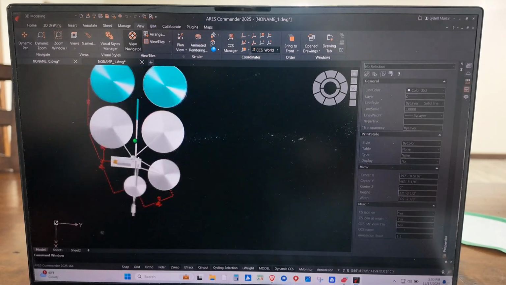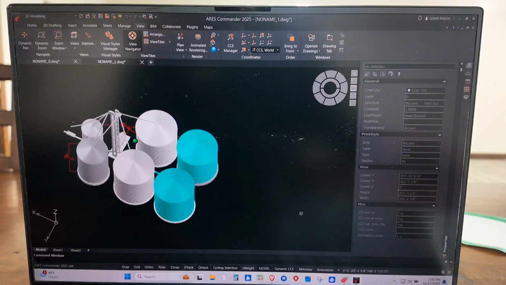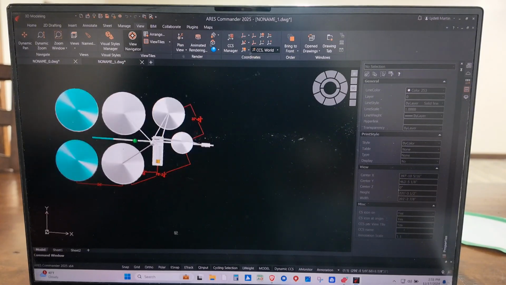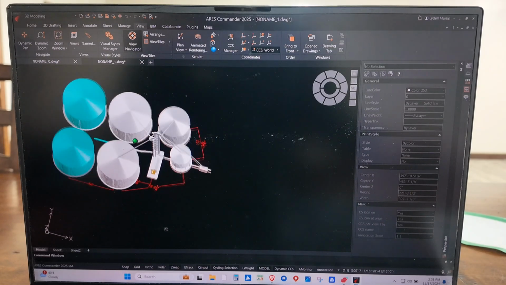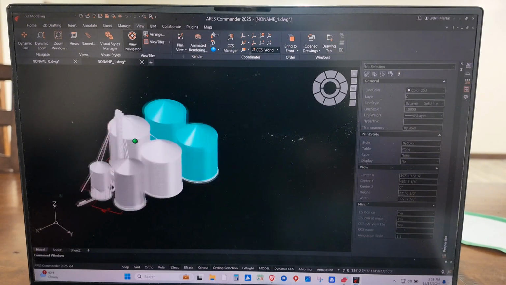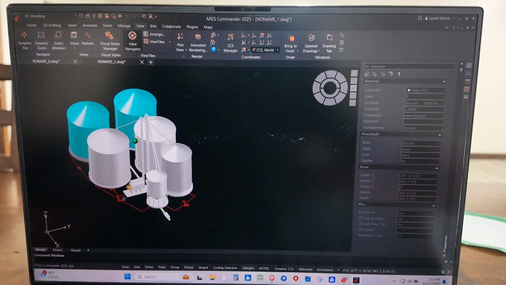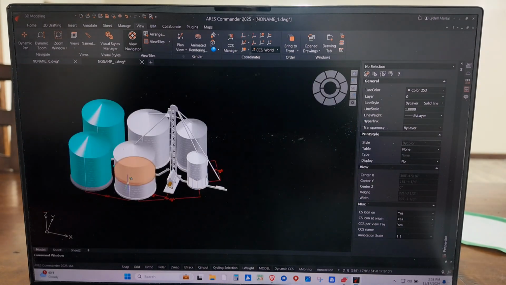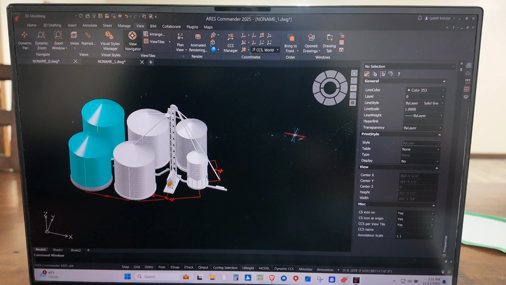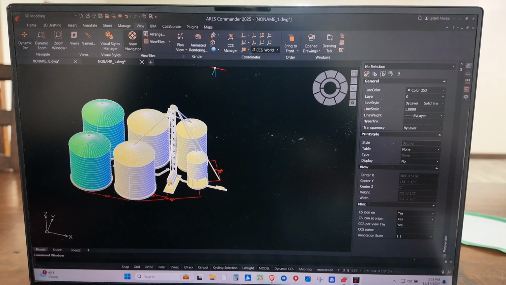If you have your customer download the Ars Commander app on their tablet or the DWG Fast View on their phone, they can look at this system on their tablet or phone. Now, one thing you want to do is if you're competing against someone, you want to be careful about giving your DWG away, because if you spend 20 hours, let's say, in drawings for a facility, and then the competition gets handed your drawing because you designed the facility and they like your drawing but the neighbor's price, it is nice to be able to keep your